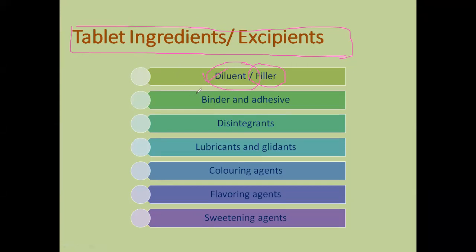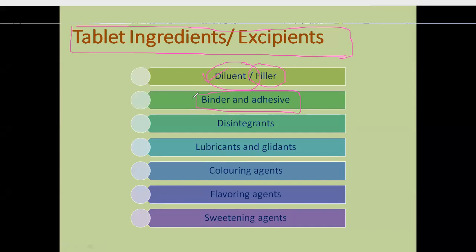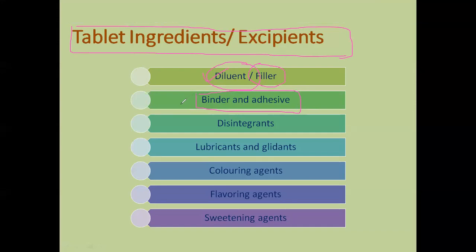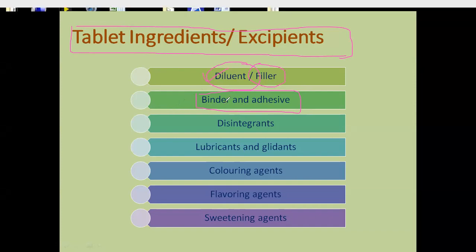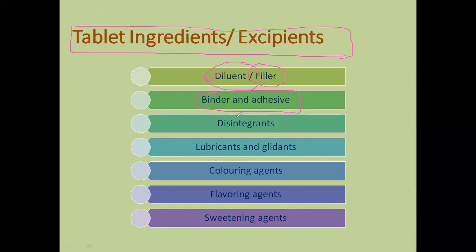Then we have binders and additives. Now you may see that some tablets have more hardness as compared to tablets which are effervescent in nature. This is due to the amount of binder or adhesive which we add into a tablet formulation. So the second type of tablet ingredients or excipients includes the binders and the additives. Then we have